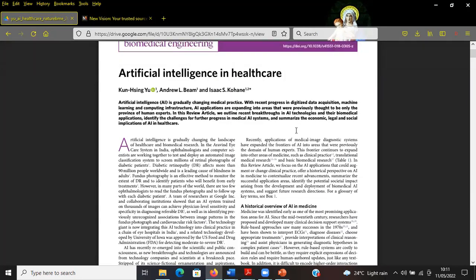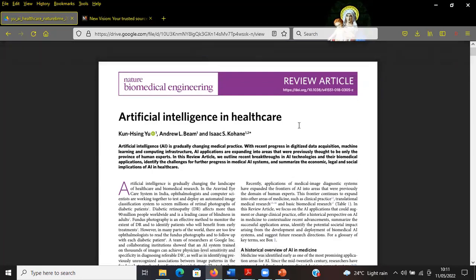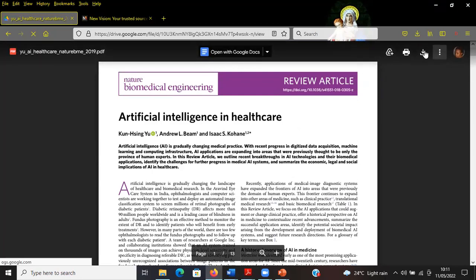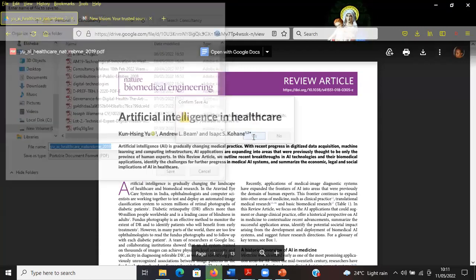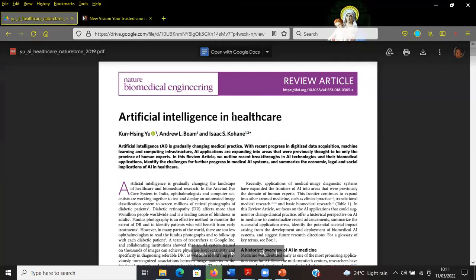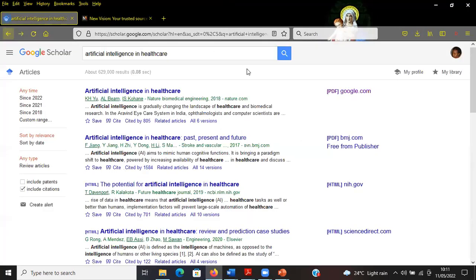Let us say you read through and you find it's relevant for your research. It has something it is saying, something you can use. You can download it and save it on your computer directly. For me here, I've already downloaded it earlier. I save it. Now, once I have saved it, let me go back.